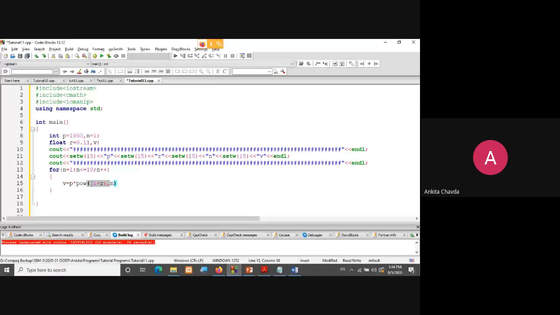That is how the power function works. But here I want 1 plus r raised to n, so in the first argument I'll write 1 plus r, then comma, and in the second argument I'll write n.